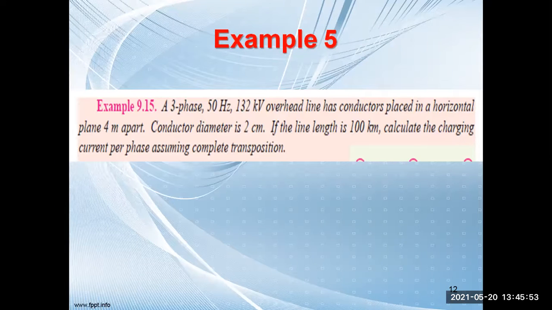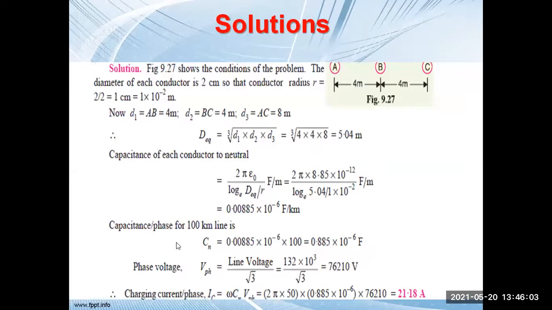So for 100 kilometer, the capacitance will be 100 into 10 to the power minus 12 farad per meter. This is not 100, this is something like 0.885. Again, cross check it. Oh, sir, I have not calculated the equivalent distance. So you have to calculate, no? You have to calculate because there are 3 distances. Yes, sir. At 3 distances, we have to calculate their equivalent spacing.